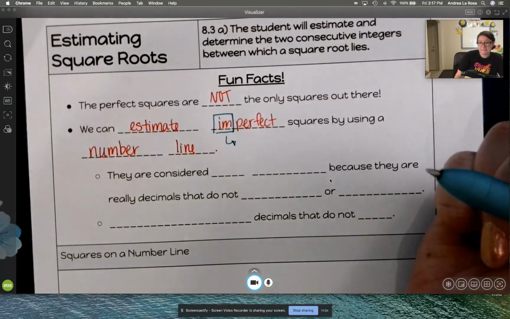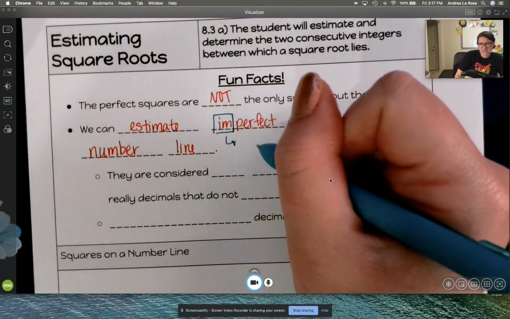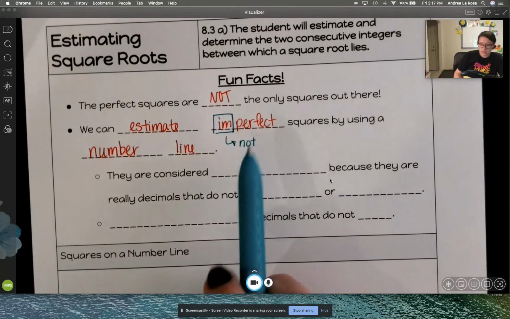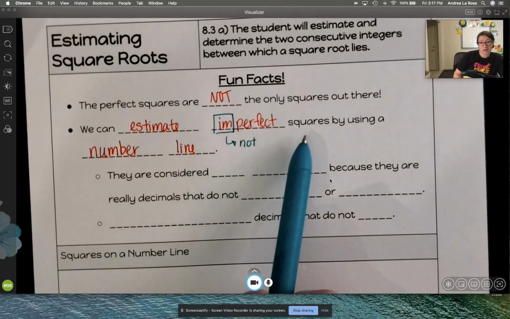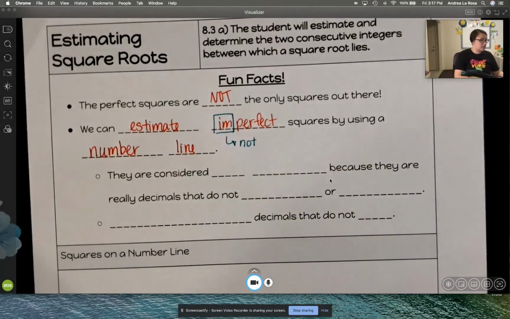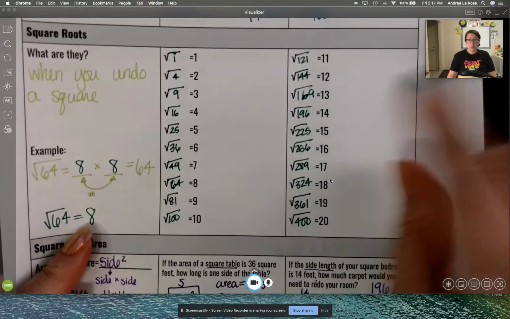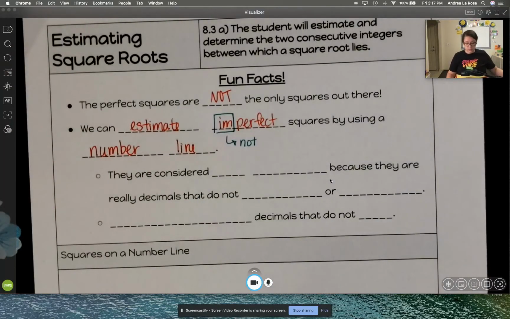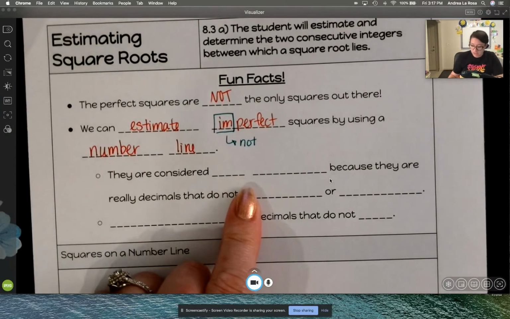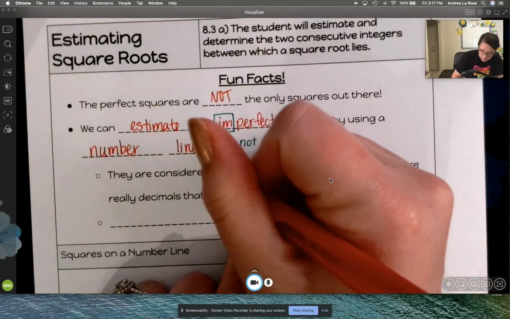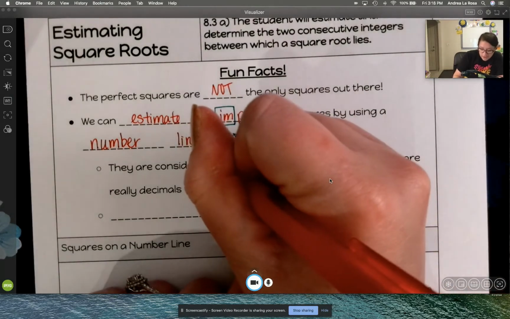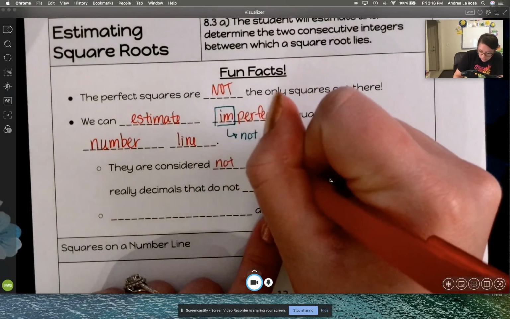That prefix im, does anybody know what that means? That means not. So these imperfect squares are not perfect. They're not going to be from that chart that we had at the beginning. It's not going to be one of these pretty square roots. They're considered not perfect, or so they are considered not rational